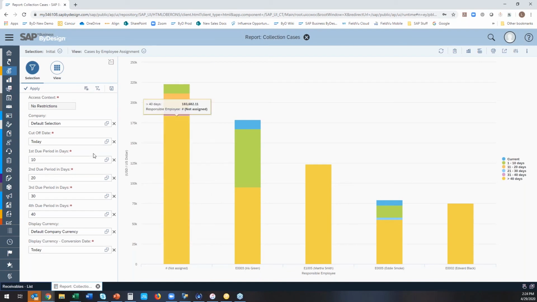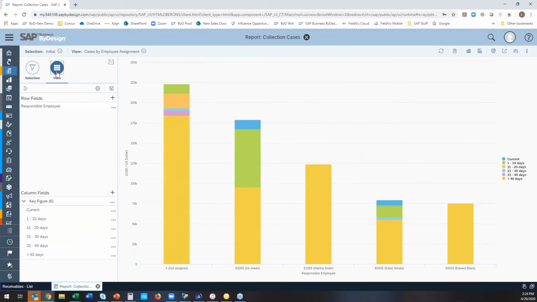And so you can actually see in here the due period in days. So everything, this is all by employee, where you can see who's handling what. So obviously I have a terrible company that I'm working in, because all of our payables are pretty much way overdue by 40 days. So everything is really sort of in arrears here. But I can just quickly at a glance see how much from a dollar value, what is outstanding and what's not. And then I've got my different periods and due dates,